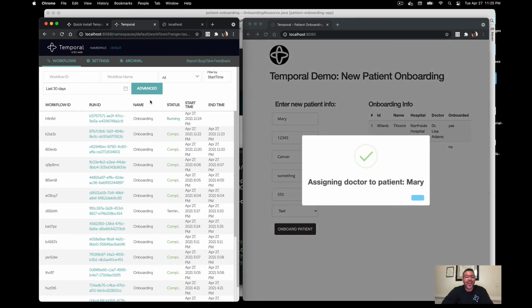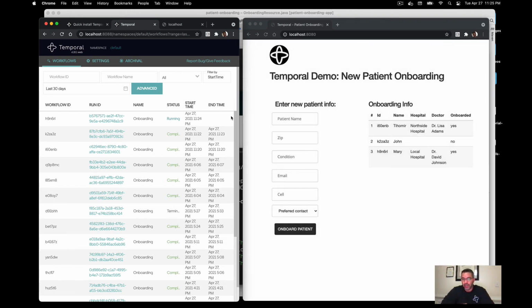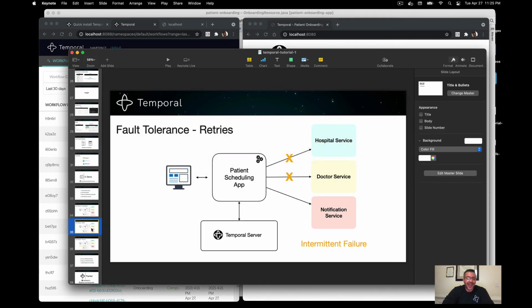All right, so one of our retries saw that our services are back up, and it continued workflow execution. So even in case of intermittent failure, Temporal was able to complete our workflow execution. And see here, we have assigned a hospital and a doctor to Mary. All right, so let's go back to our slides and go to the last part, which is